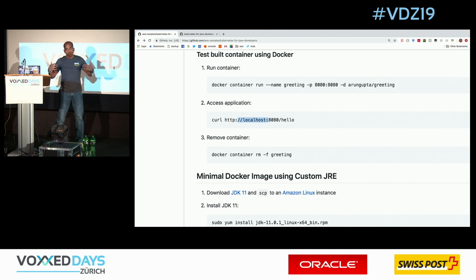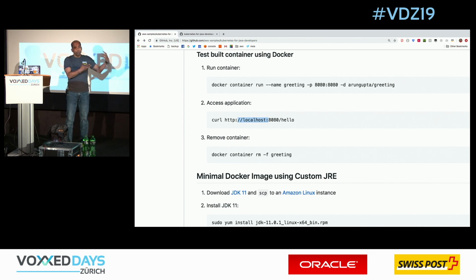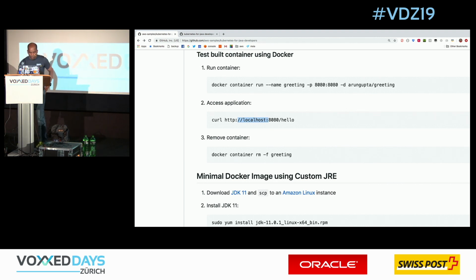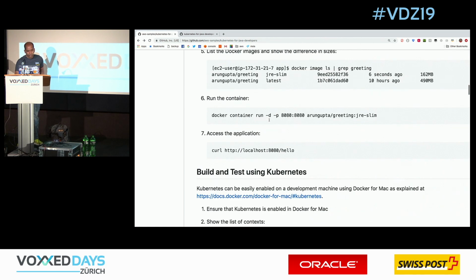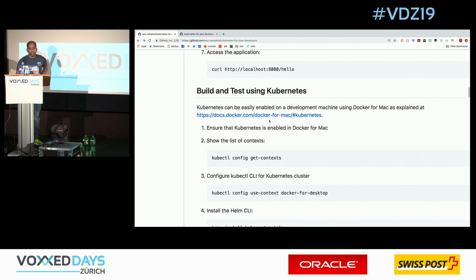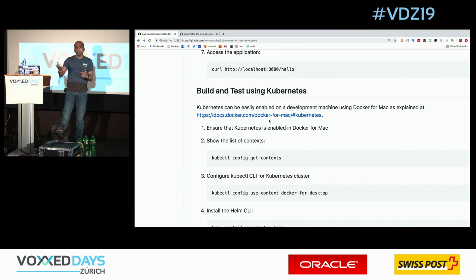So in your Kubernetes journey, you have a Java application, you Dockerize it, and you get the exact same output. That's sort of the end result that the customer expects, right? So you move on with that. Now, we talked about creating a minimal Docker image. The next step is to get a feel for how I start on a Kubernetes journey. Docker is the first step here.